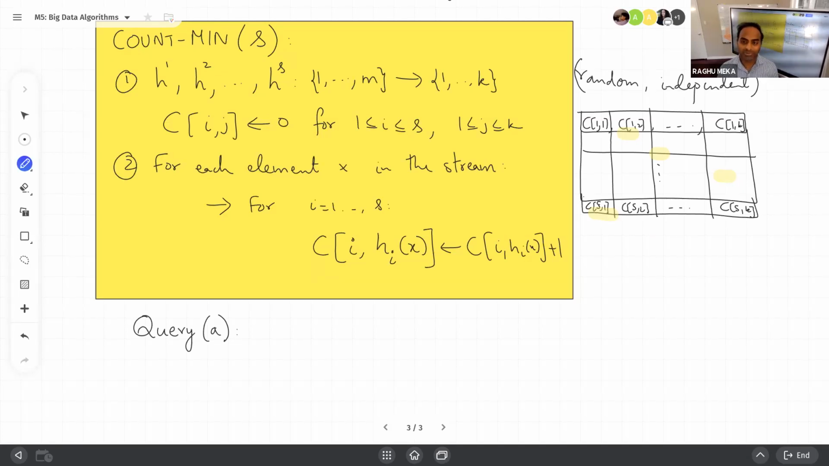Exactly, return the minimum, right? Because we know that every one of them is an overestimator. You're never doing an underestimate. Every one of them is an overestimator. So taking the least one is the closest to the true answer, right? So that's exactly what count min sketch is. I mean, there's a min inside the title of the algorithm because we're going to answer queries by looking at the minimum of all of these k cells in the table, right? So query, you return min of